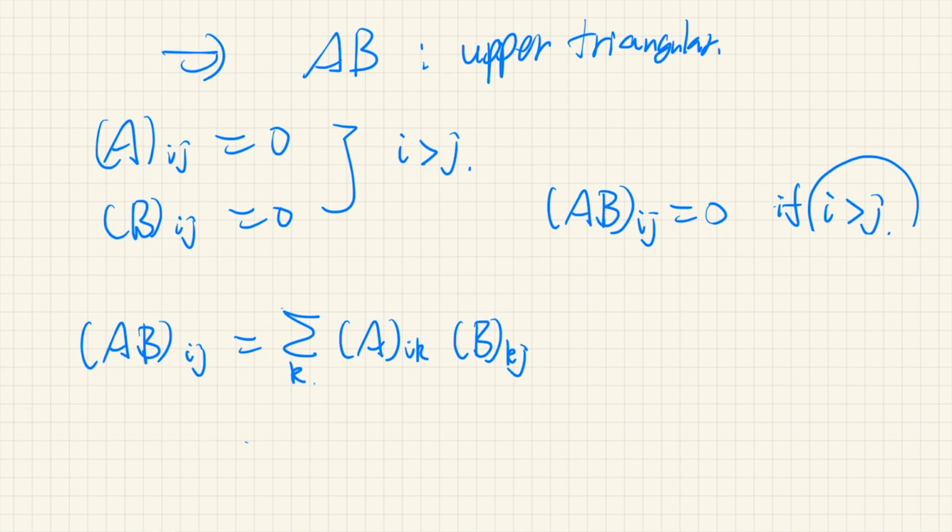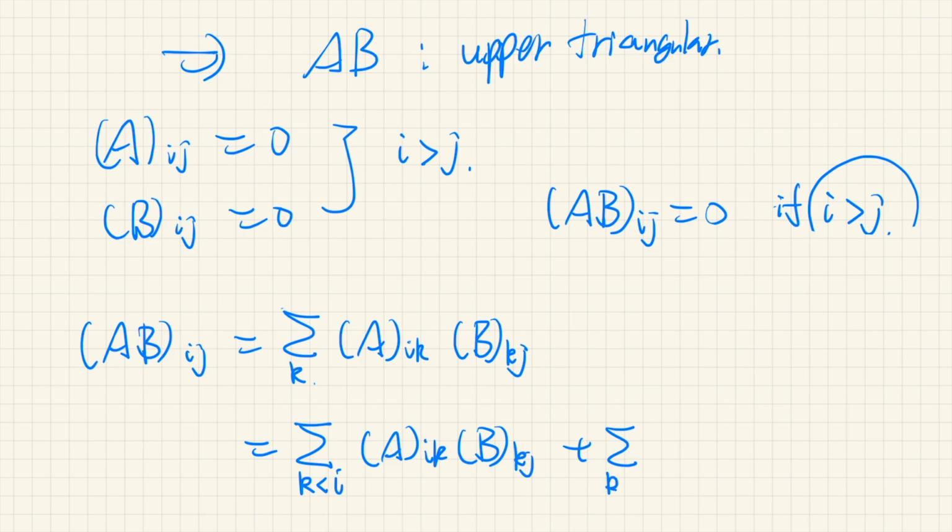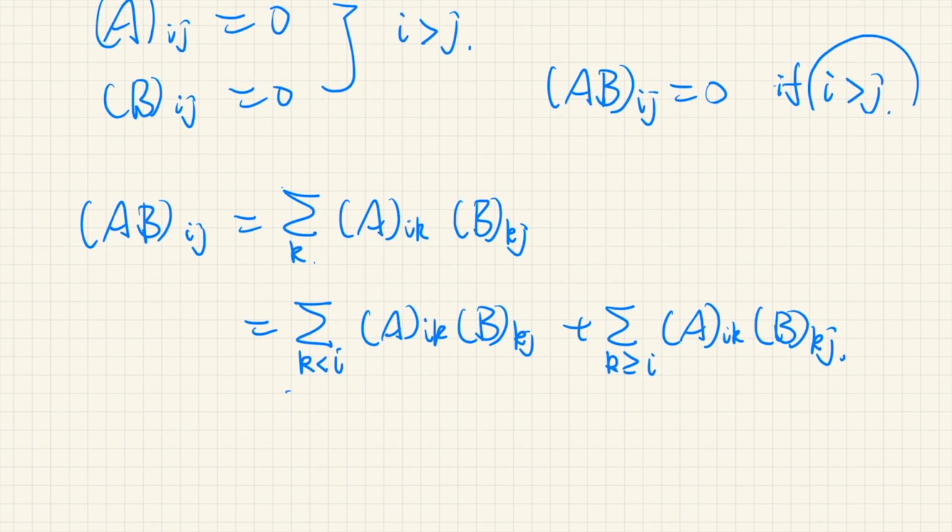Now let's split this sum into two parts: one with k less than i, and the one with k greater than or equal to i. Of course, this k runs from 1 to some number, say n. Now, for the first part, i is greater than k, so this part is 0. And for the other part,